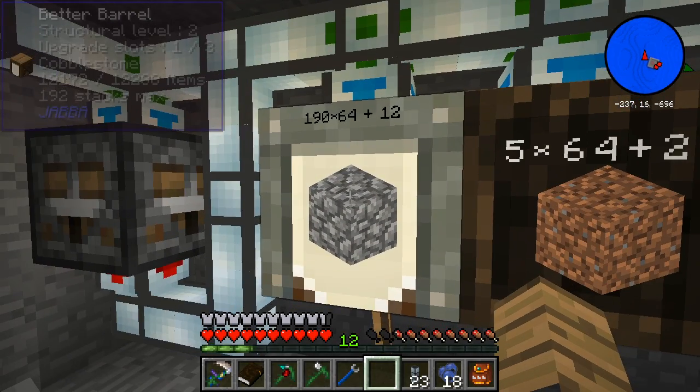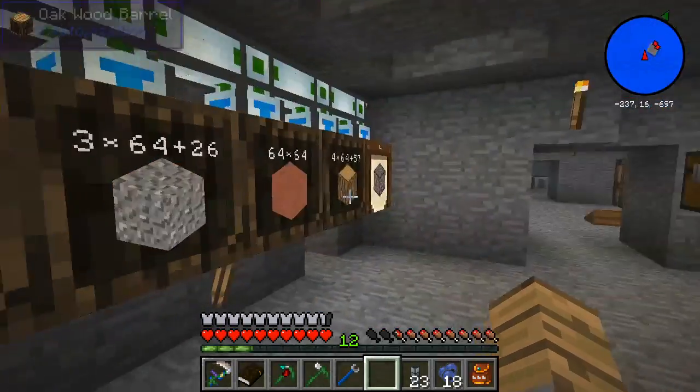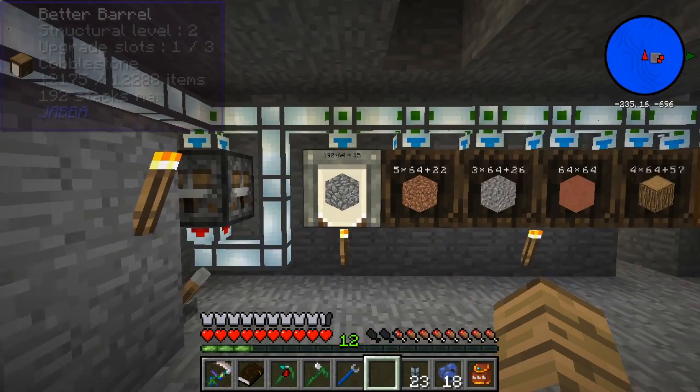And I am going to go ahead and try to empty this barrel because I just don't want to have that much cobble laying around. I'd rather have it sitting in compressed cobble. So I'm going to take care of that, and I'll be back in...